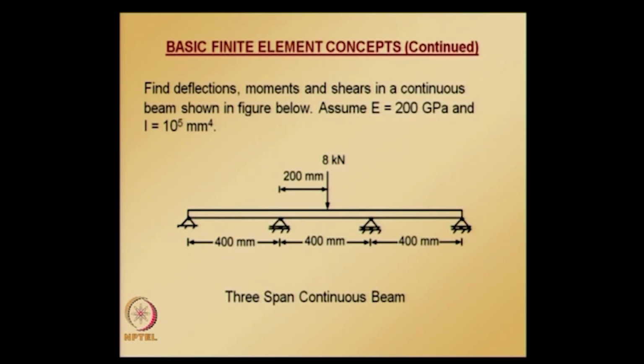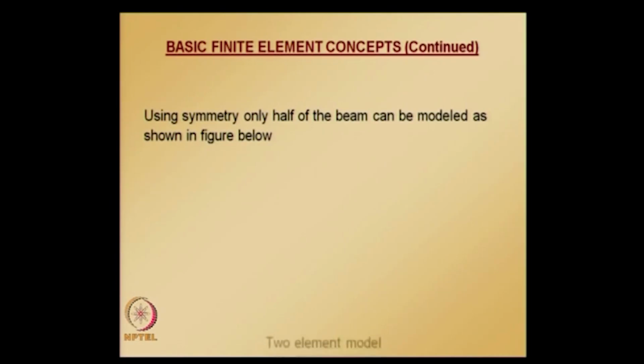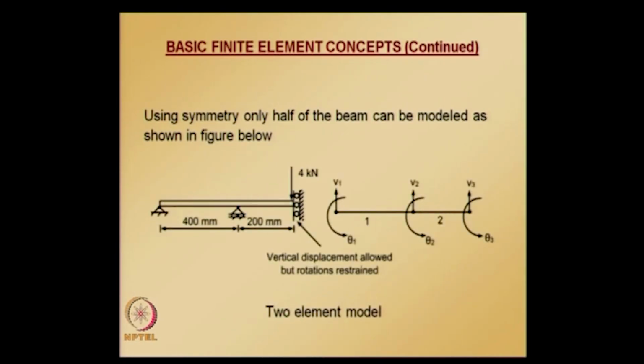Here, if you see this 3 span continuous beam, it is symmetric about the midpoint. So using symmetry only half of the beam can be modeled. Taking symmetry into account, the given problem can be solved using a half model like this, and this half model is